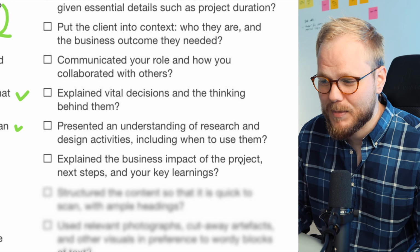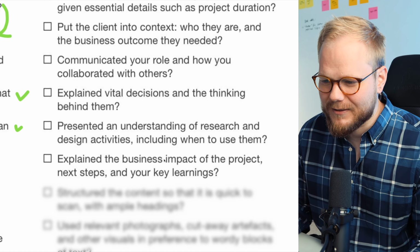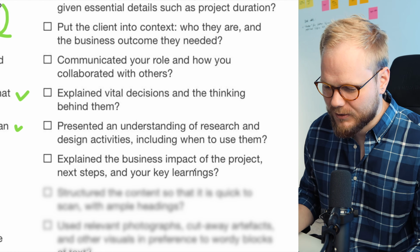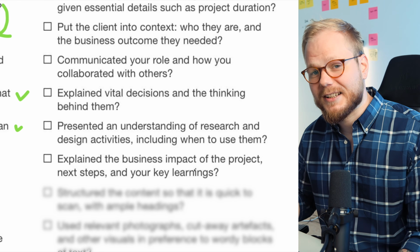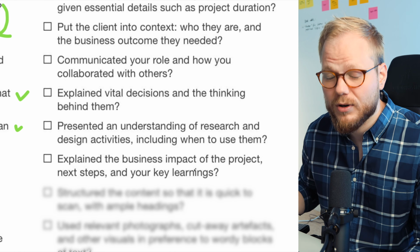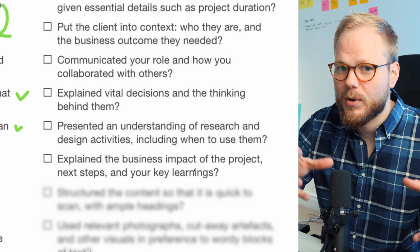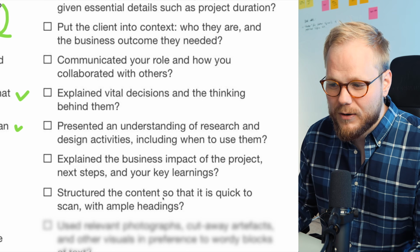Explain the business impact of a project, next steps, and your key learning. One big inflammation point here as well, because a lot of people base key learnings on their own personal perspective, but never estimate or project at least what the next steps would be for that project or that solution. What were the outcomes of the actual research? How does that answer your hypotheses or the problems the business has? Projected linkage between that UX improvement and the business outcome. Can you do that? If you do that, when you have a solid story,